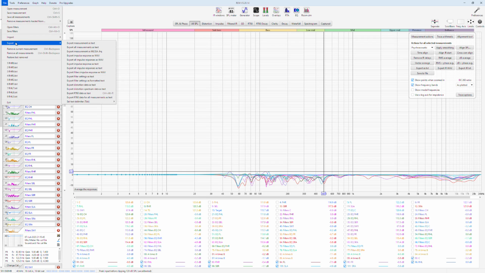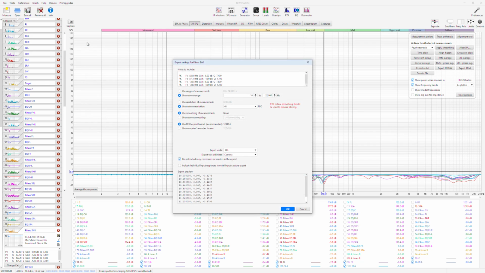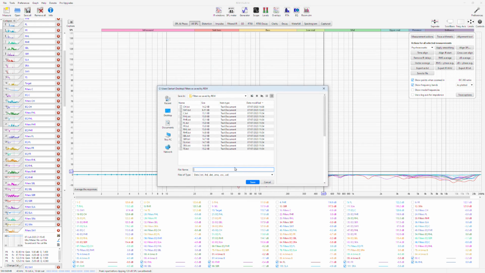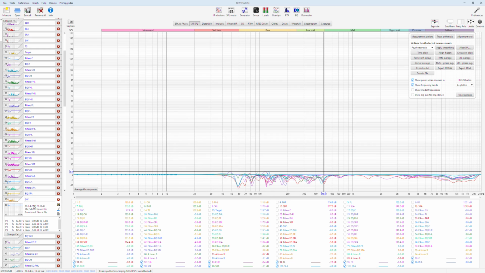file, export measurement as text, and this time from 10 to 250. Again 48 is fine, everything else the same. Okay, ignore this message and name this SW1. It's important that the names of the filters, the last filters, are the channel names. Otherwise the snippet will not work. It's not a big deal. You have to know your channel names anyway. These are weird Auro names, but other Atmos channel names are pretty straightforward.